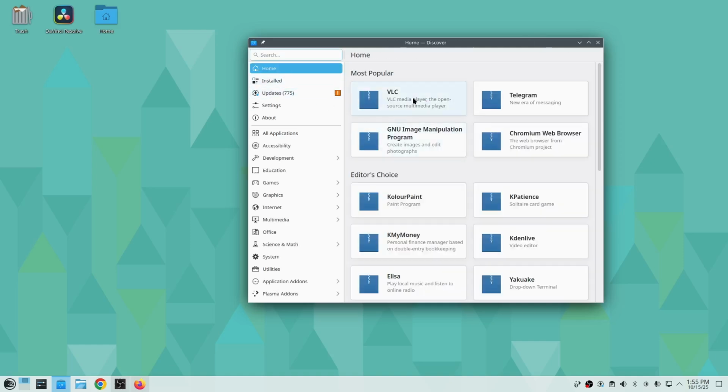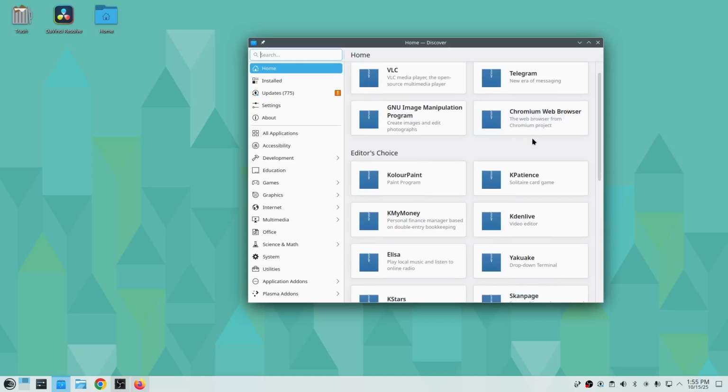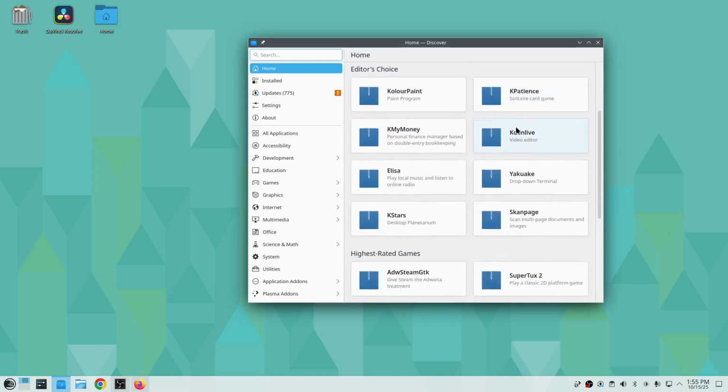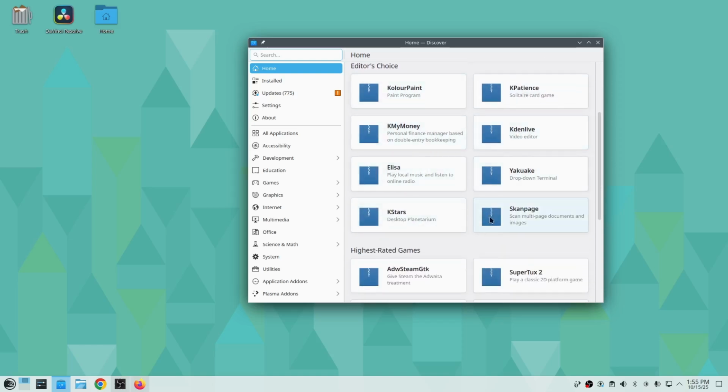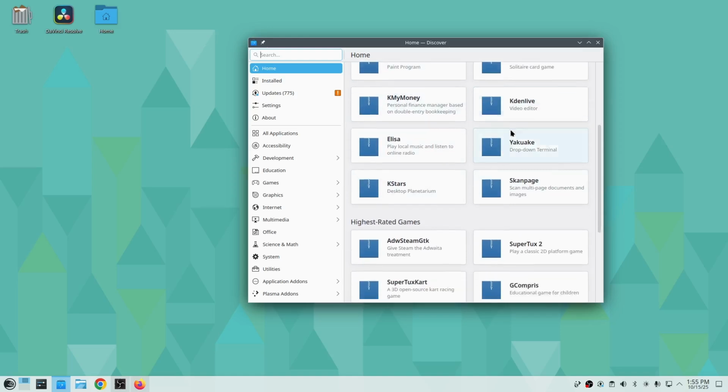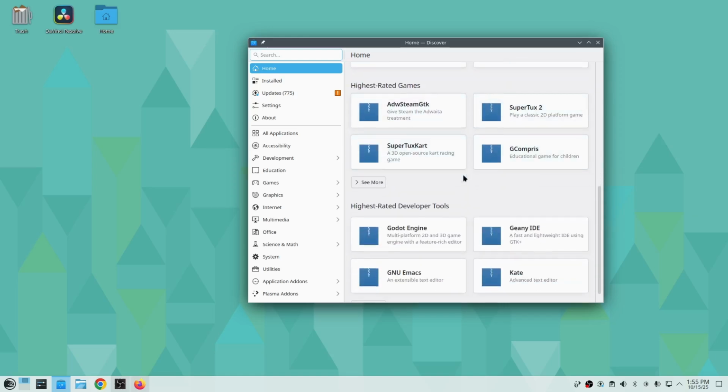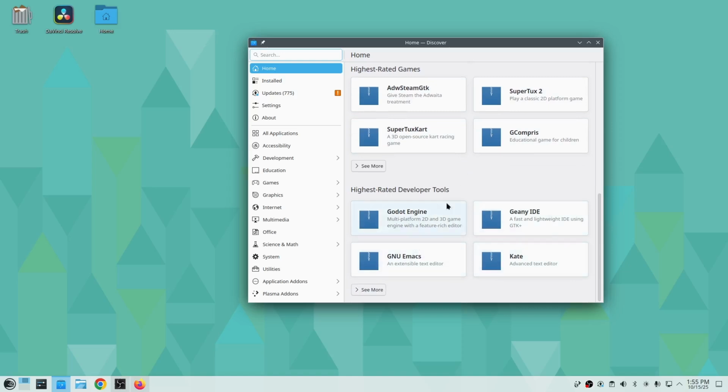So you can go through your most popular installations. Chrome web browser. Chromium is Chrome, but without all the spyware. Sometimes it doesn't work for what I need it for, but I do have this installed on several of my computers. And you can go through, you know, here's KMoney. If you want to do your finances,